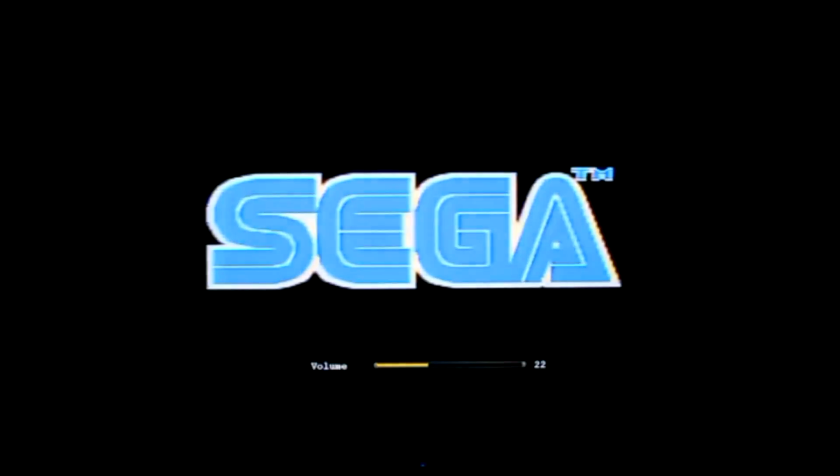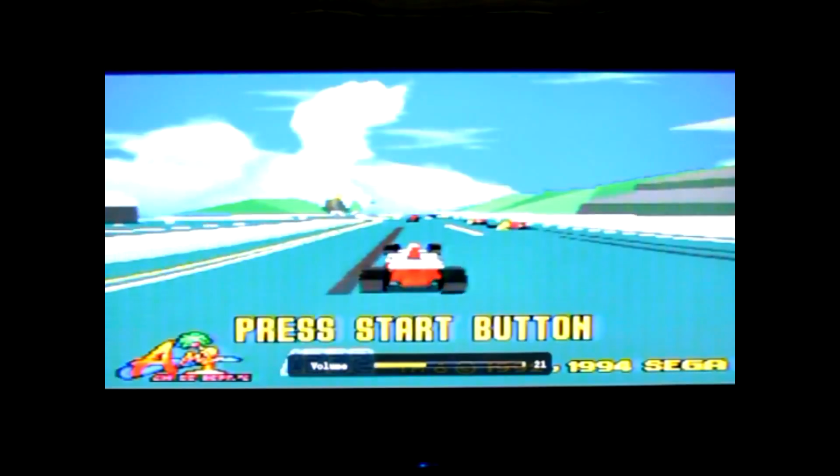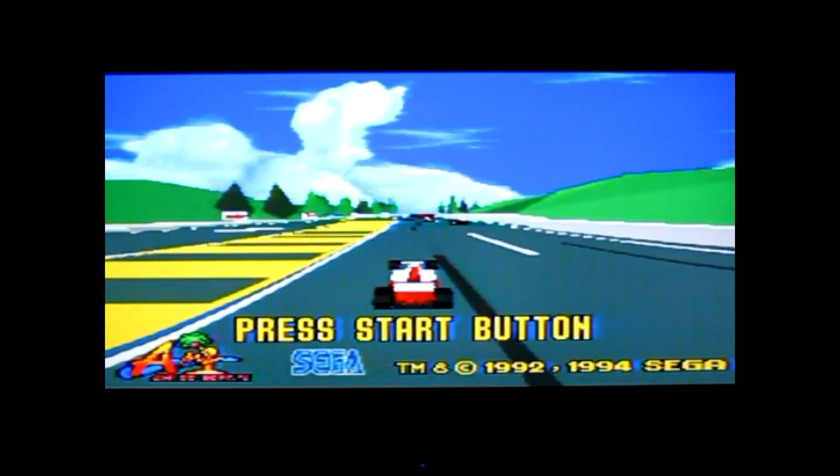I have in my Sega Megadrive the absolute behemoth of a cartridge that is Virtua Racing, and it's ready to go. I just need to press the power button, and yes, this is a game that I have the Saturn version of. I know there's also a PS2 version of the game, and obviously it had the, what was the chip called? It says on the cartridge,